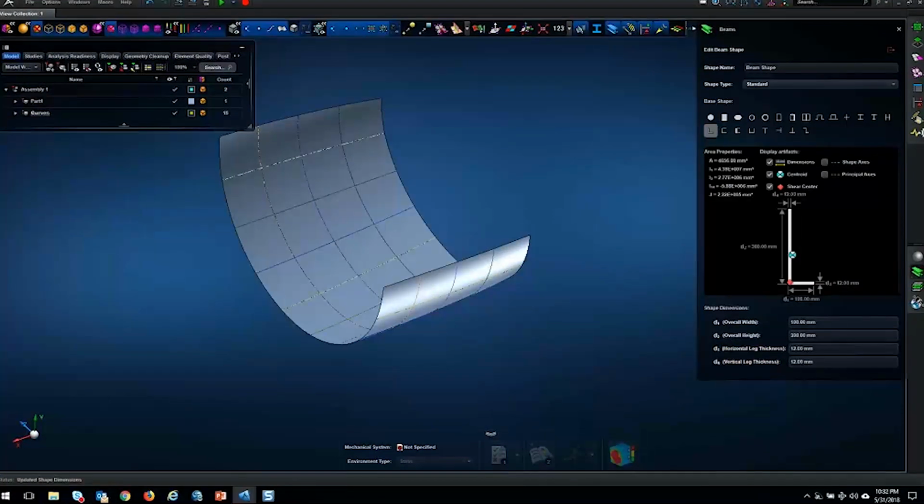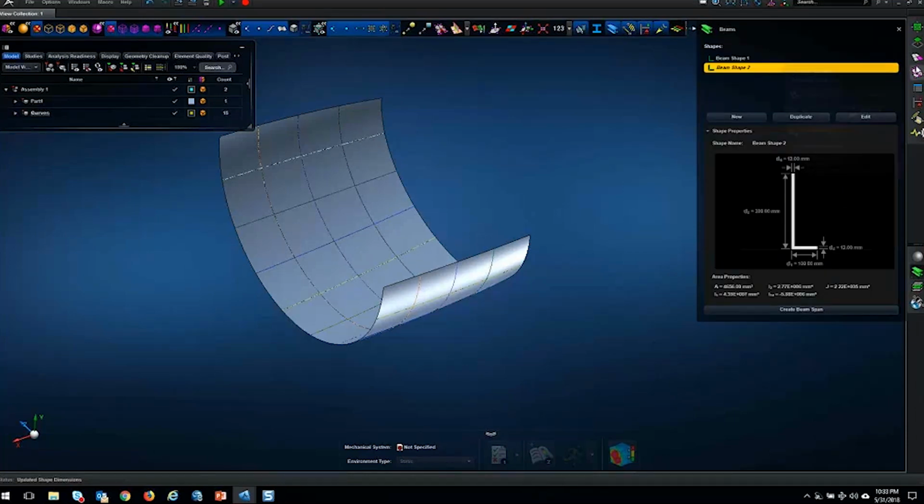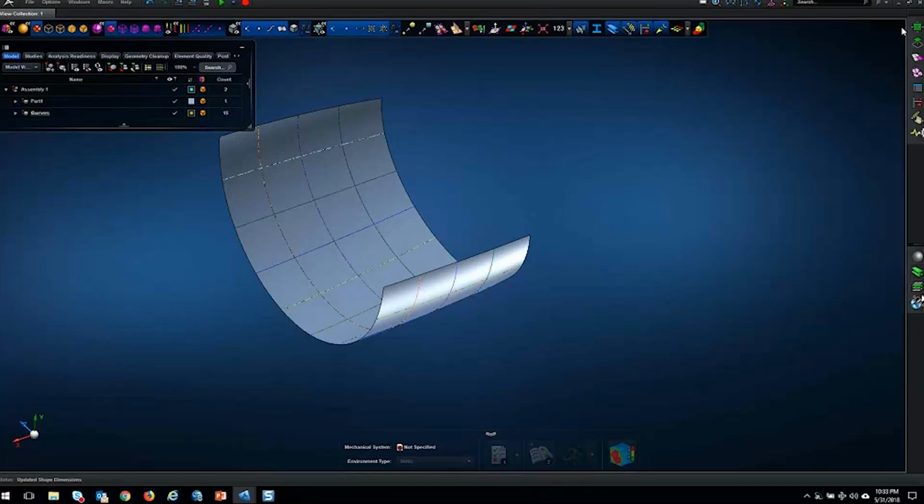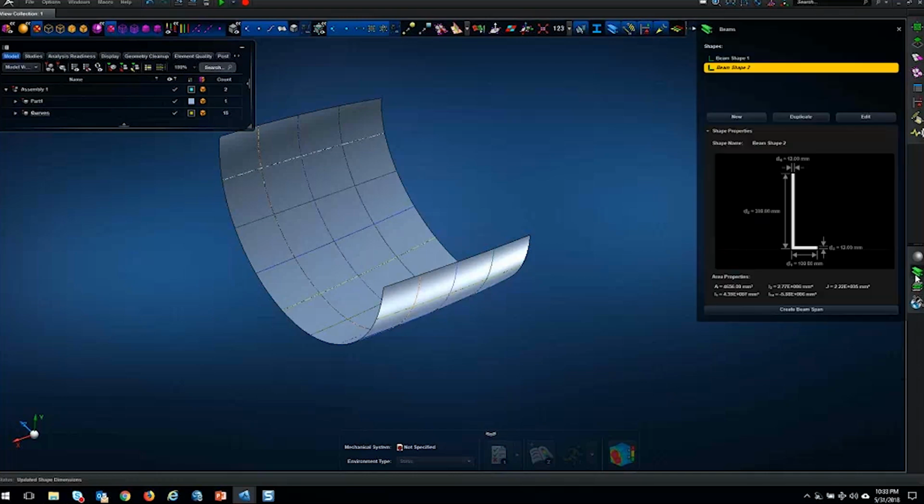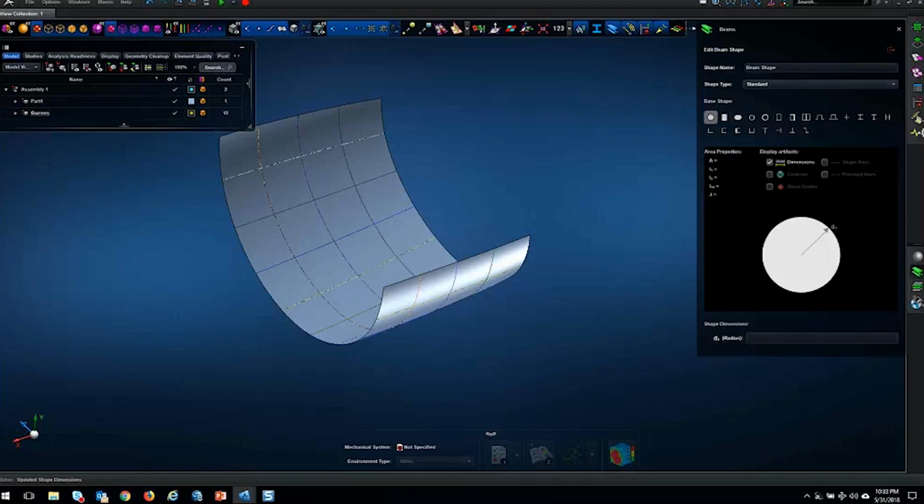Okay, I just created another L-shaped beam with a different dimension. Okay, so now let's create one more with the 1D profile,